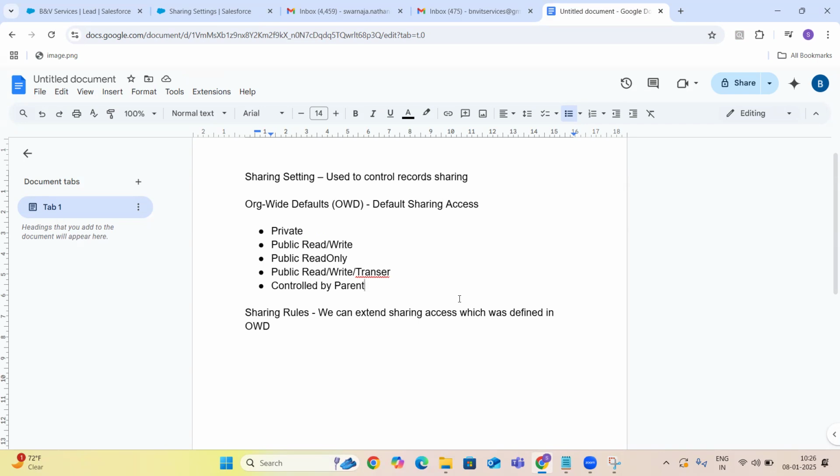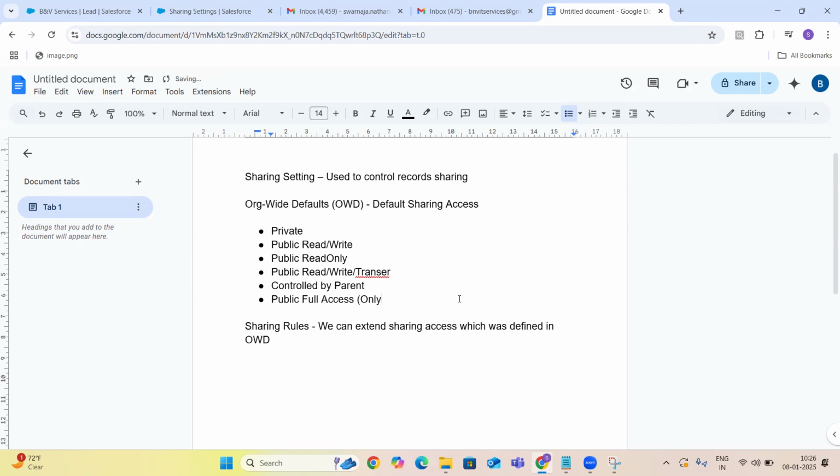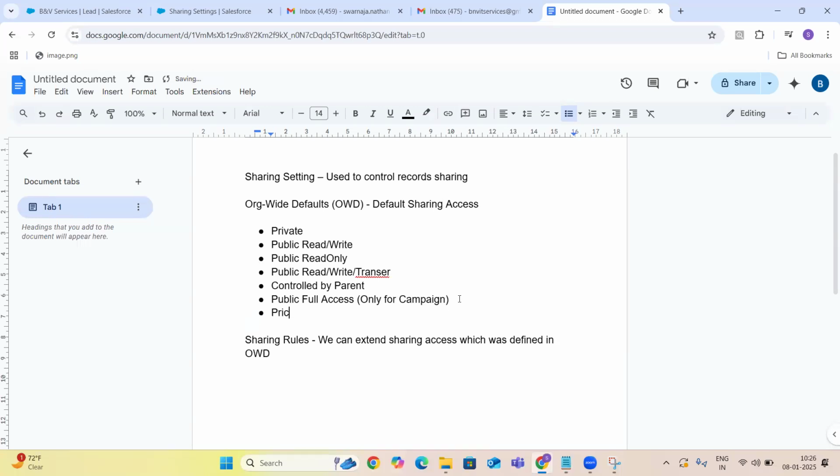But also remember the public full access is used only for campaigns, and price books also, because we have worked on price books, product management, and we have worked on marketing also, right? So we have to learn about these two things also, because these are the two.